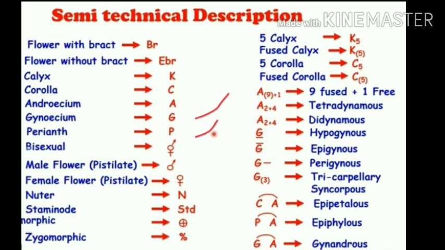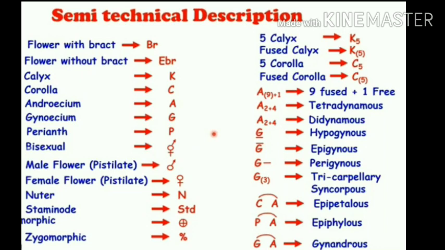If a flower is bisexual in condition, we need to represent it in this manner, and then we will understand that the flower is bisexual. So try to understand these symbols first. A male flower, which is said to be a staminate flower, is represented like this. If any flower is male, we use this representation, which means only male flowers are present.